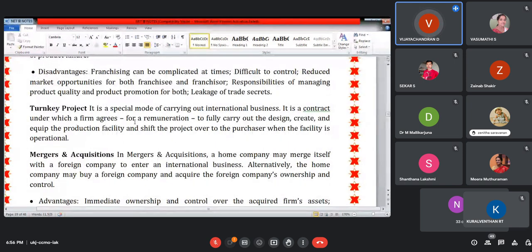So in the case of a merger or acquisition, two companies merge together in order to capture a new market, in order to increase their market, and also for the economies of operation. With the help of the merger, they will increase their market share. Also their facilities and infrastructure will be pooled together. By the way, their investment will be lower, or they will lead the market. With the help of mergers, they will lead the market. So that is another way of entering into international trade.